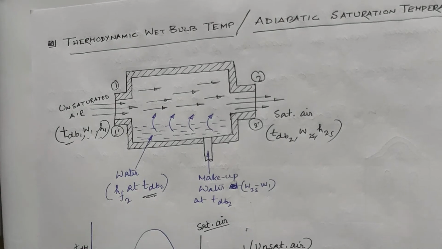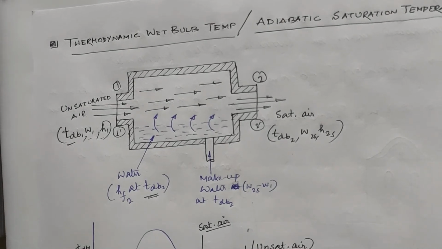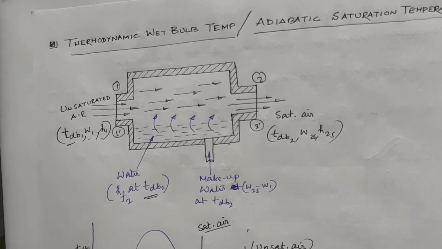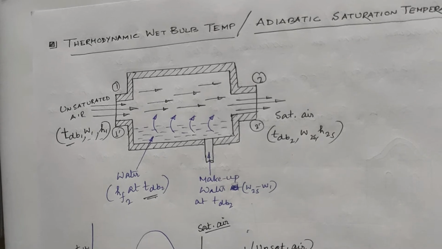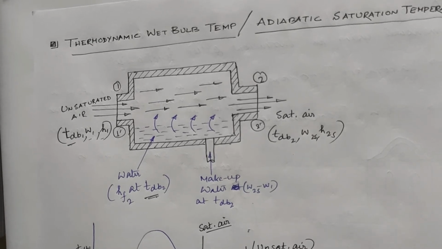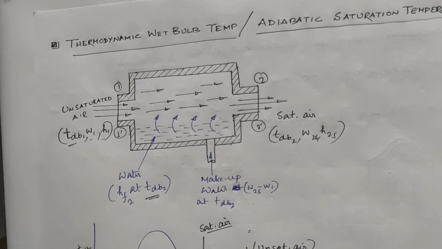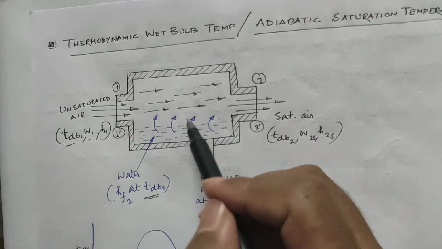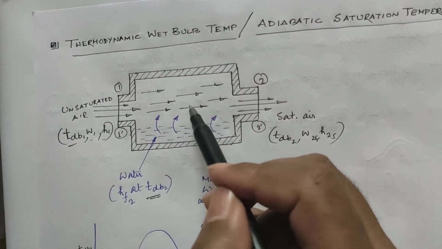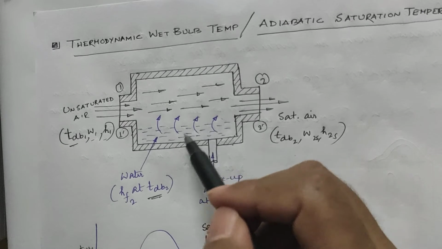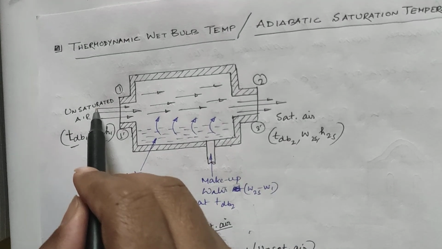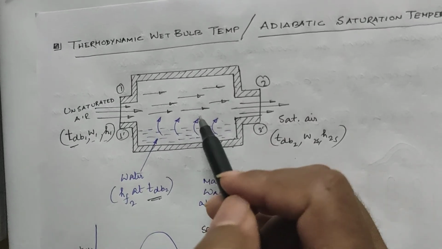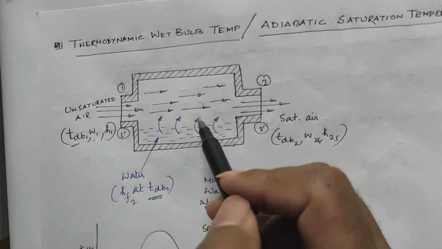So when the unsaturated air flows over this water bed, which is at a lower temperature, the water will try to evaporate, and the amount of moisture present in the air will increase, which will increase the partial pressure of water vapor, and also the specific humidity of the air will increase. Now as this continuous evaporation process takes place, both the air and the water will be cooled. The unsaturated air, which had a higher temperature earlier, by absorbing this moisture will cool, and this process will continue